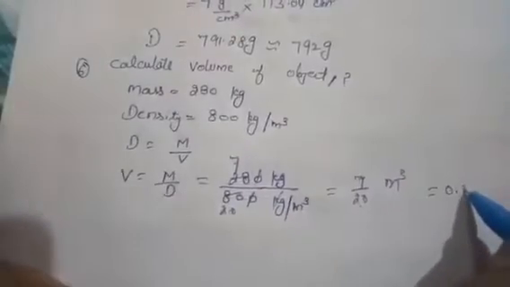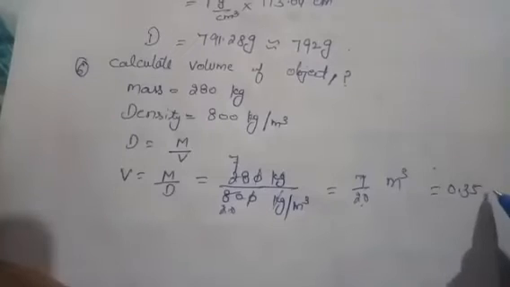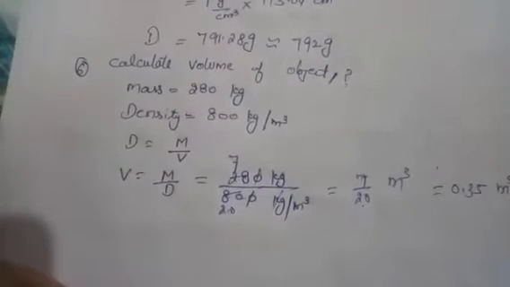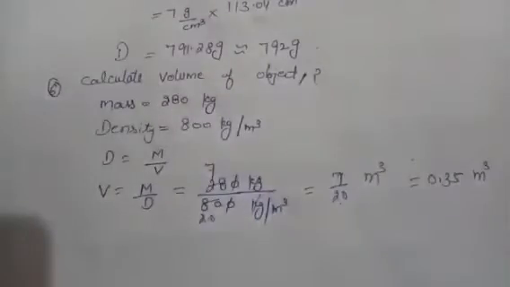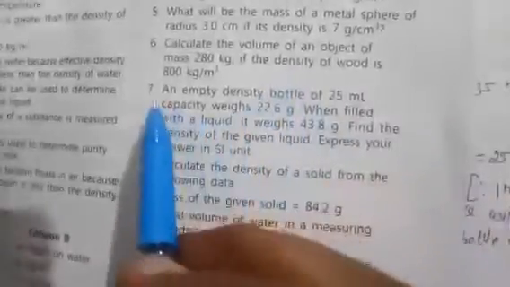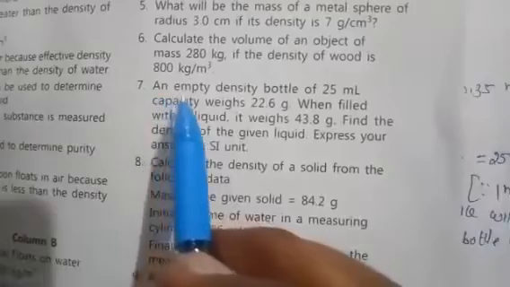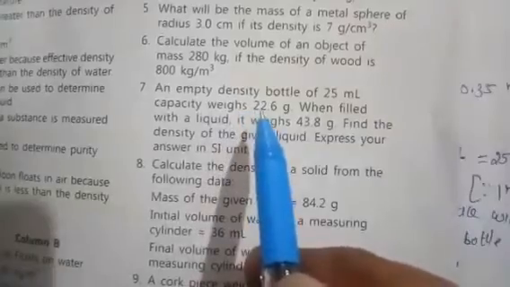So 7 divided by 20, then you will get 0.35 meter cube. So this is the volume of the wooden object. So in the next numerical, that is numerical number 7, an empty density bottle of 25 milliliter capacity with 22.6